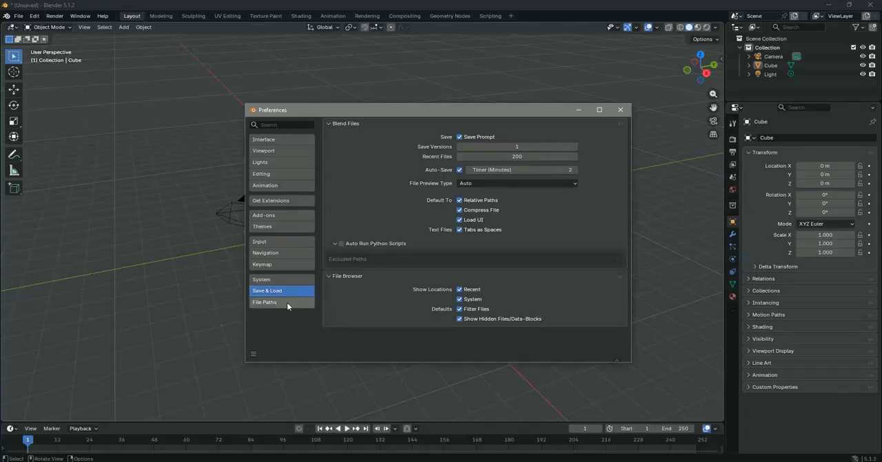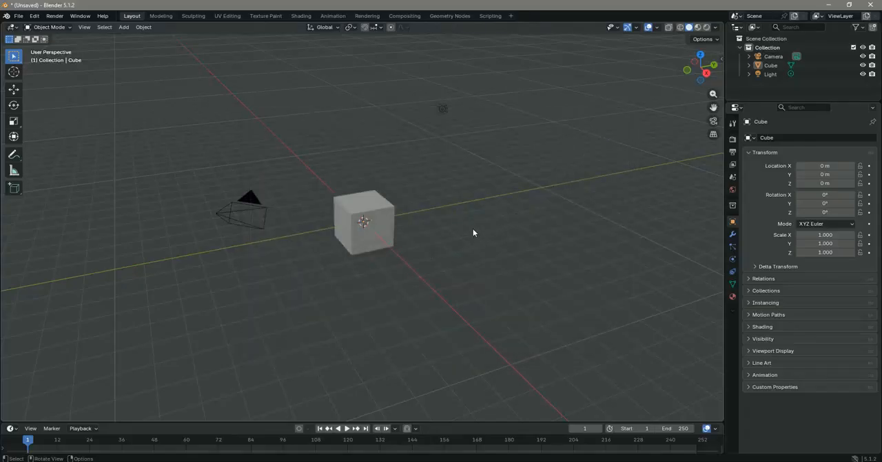Don't forget to check the System tab for performance settings. Here, you can adjust memory limits and enable GPU rendering if your hardware supports it, which can significantly speed up rendering times. Finally, in the Save and Load tab, ensure that Auto-Save Preferences is checked, so your settings are automatically